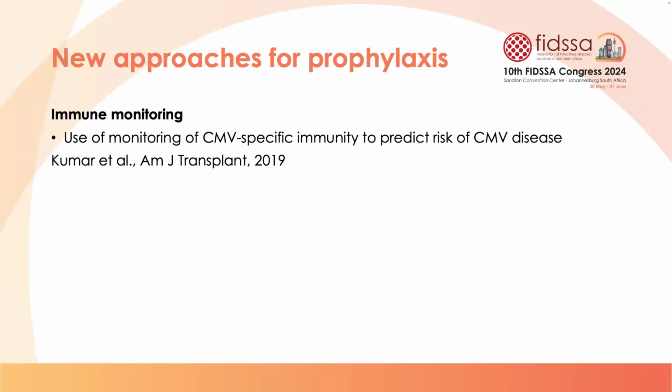So there are other newer approaches for prophylaxis. One would be the use of monitoring of CMV-specific immunity. This particular study used a CMV-specific ELISpot test, which after prophylaxis was stopped, they then checked immunity immediately afterwards, and then 1, 2, 3, and 6 months afterwards. And they were able to see that those patients that had either a weak or an absent immune response developed CMV disease much quicker. So this is a test in development, and may help